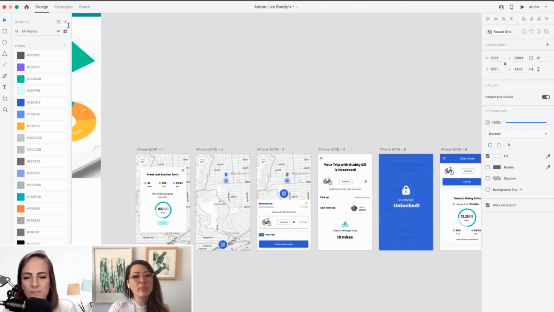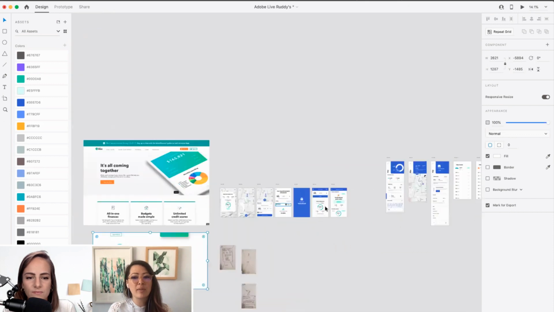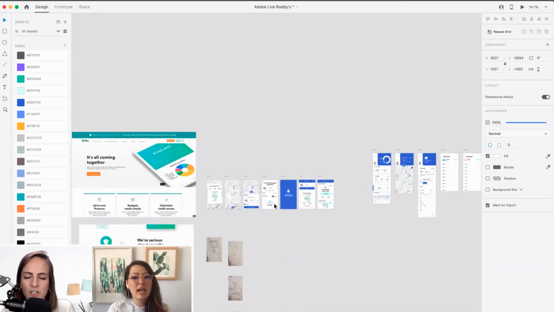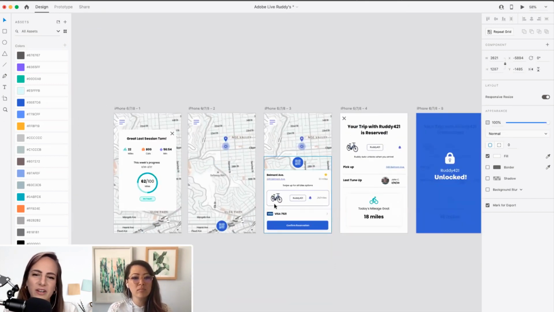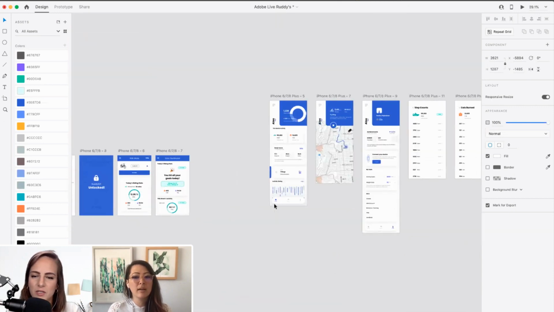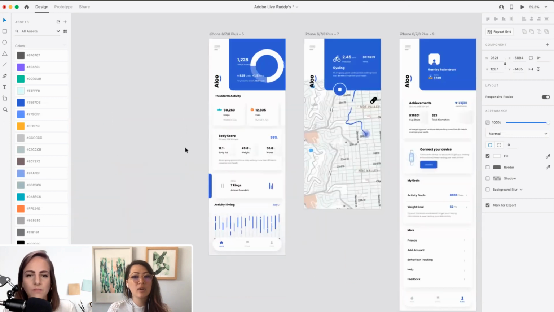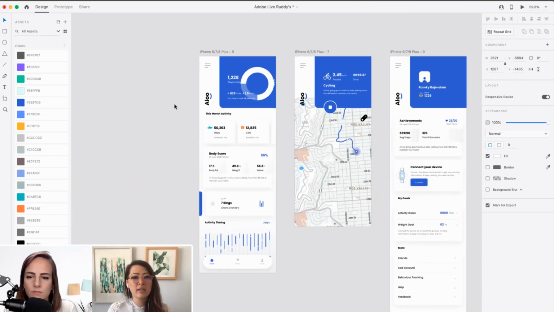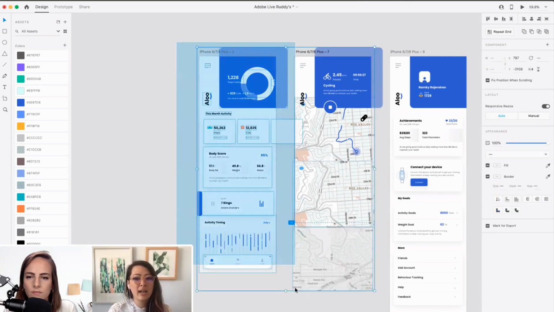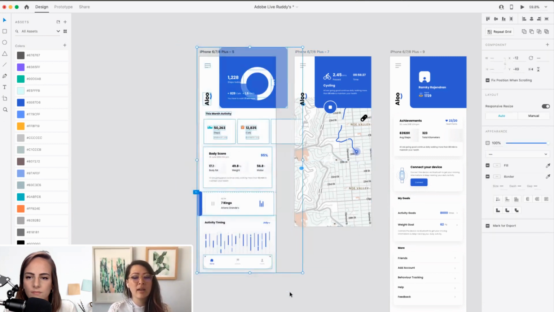So yesterday we pulled in the colors and the character styles from the UI kit. For the folks that didn't see yesterday, do you want to explain how you did that? If you want to just pull in typography and colors, go ahead and drag and highlight all the elements here, and then you just click this plus button.